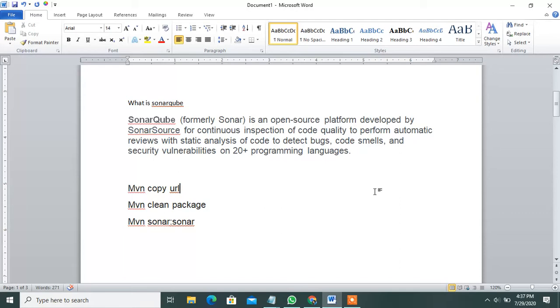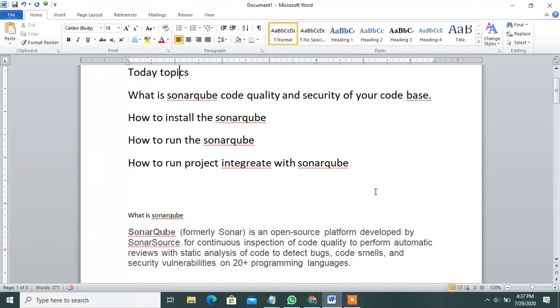First of all, observe what SonarQube is. SonarQube is mostly used for code quality gates and code checking. You can see any errors or bugs, how many bugs are displayed, and the percentage, and you can integrate it when deploying the application. That is the main important part of SonarQube.